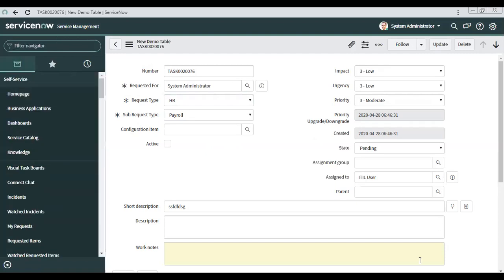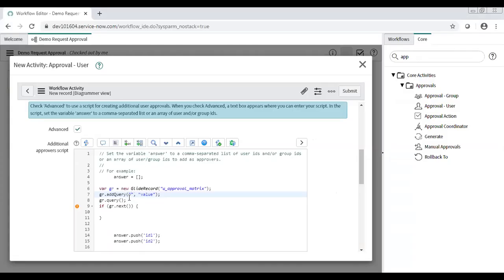So if I go to my workflow, here I need to query my demo approval matrix with the current.request_type, and similarly the request type of the approval matrix should match with the request type of the request submitted.